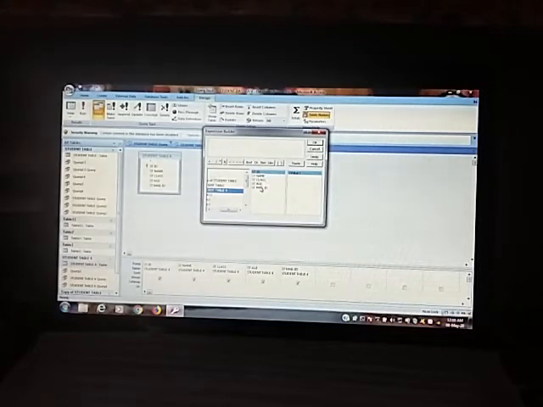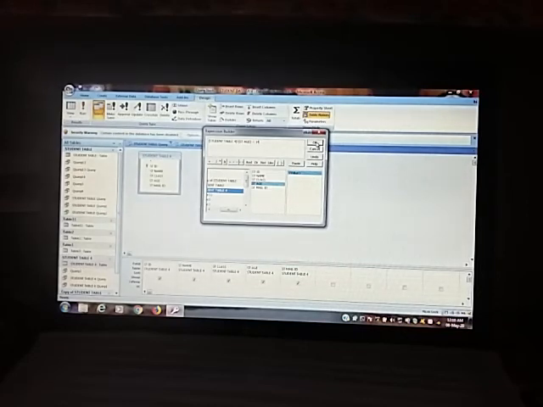Click on the student table, click on student age, and suppose we write less than 14. We find the students whose age is less than 14.